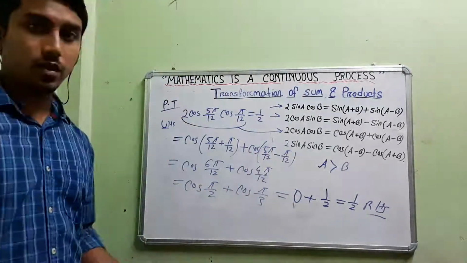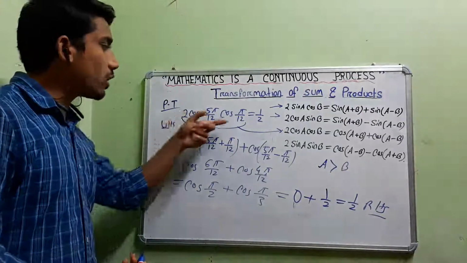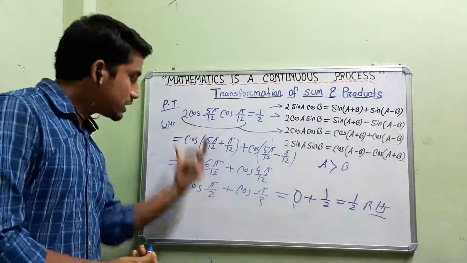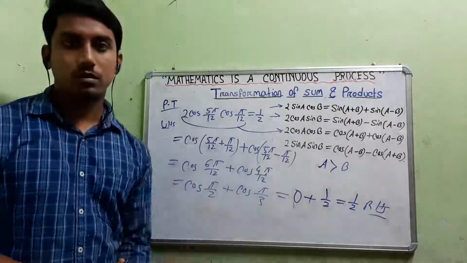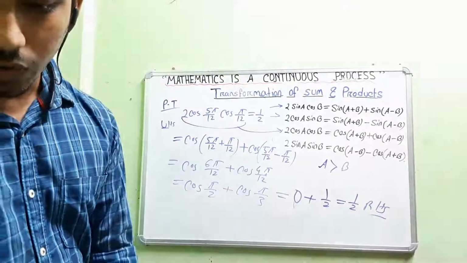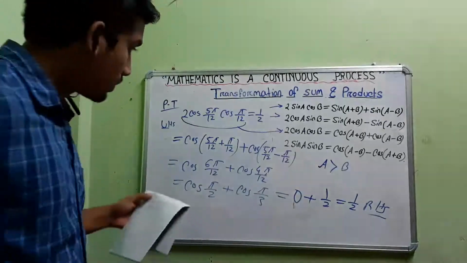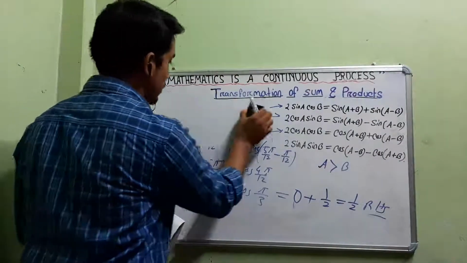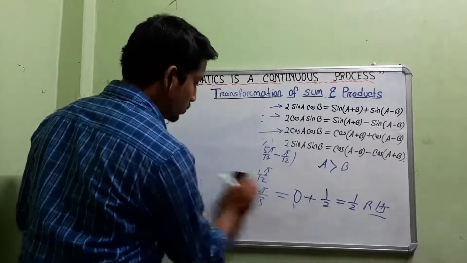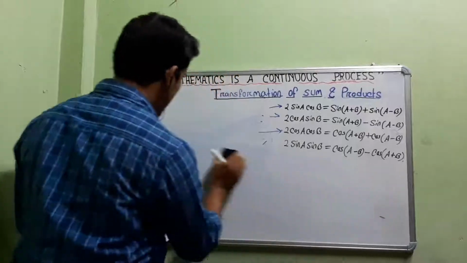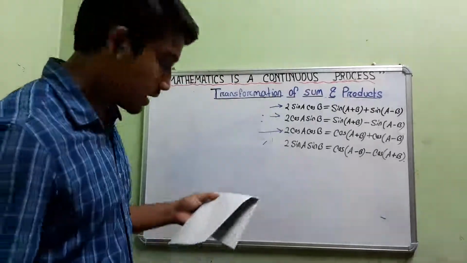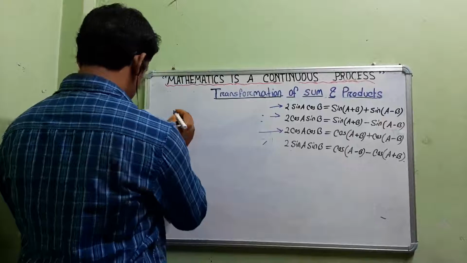So this is the way how to prove. Because it is falling under the 2 cos A cos B formula, we just applied the formula and we got the proof. Okay, so let me go to the next problem. The next problem will be a home assignment for you, a similar type. Do the problems which I am giving as home assignment. If there is any kind of doubt, you can tell me.